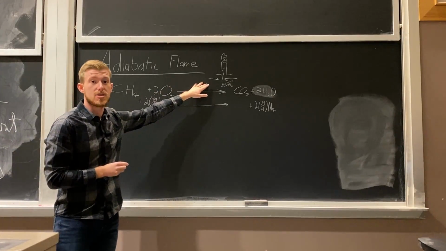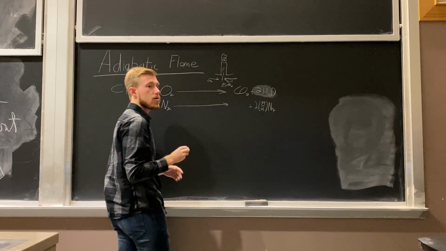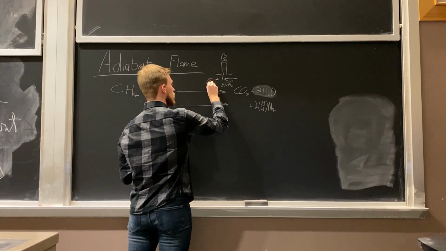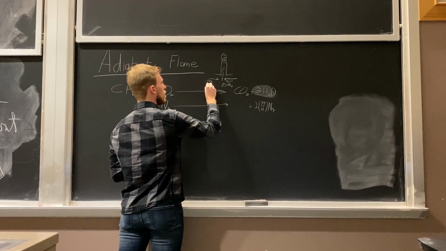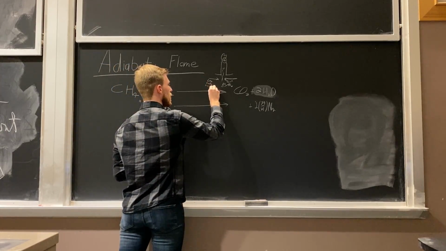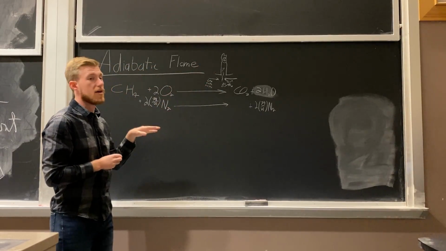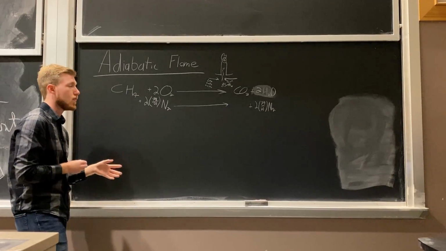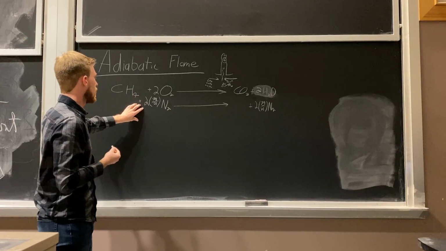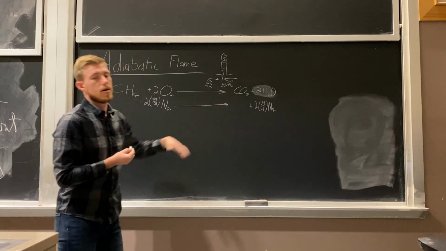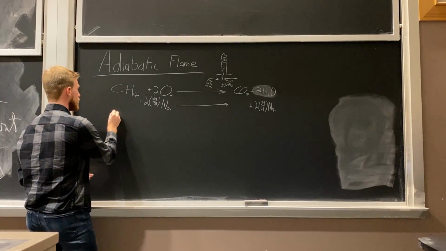However, natural gas is not just pure methane. It is CH4, which is methane. It also contains ethane, which is C2H6, and even trace amounts of propane, which is C3H8. So because this burner will be burning all 3 of these, we're going to have to balance all 3 of these stoichiometric equations as well to figure out how much we're actually using of both oxygen and nitrogen and also just total products produced. So we're going to do the same thing, but for C2H6,